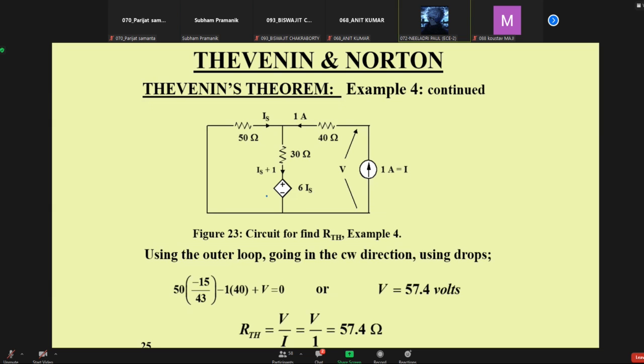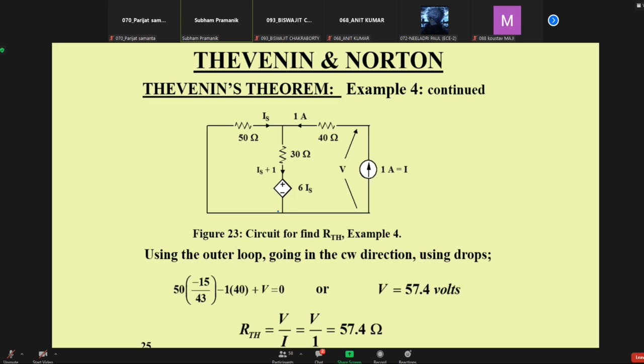Sir, if we assume that the voltage across the test current source is V, and the voltage at that node is V naught, then using nodal analysis, can we do this? Of course. From this we will get one equation, and also another equation, since 1 ampere is flowing. You can use whatever method you want. I am just showing you an alternative. You just need to get to the answer.